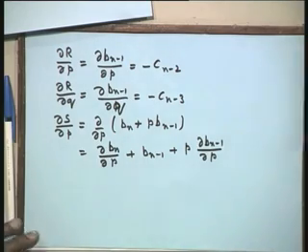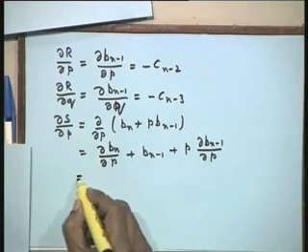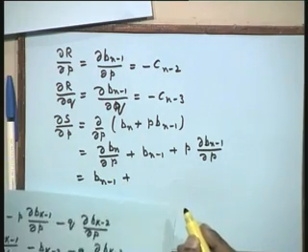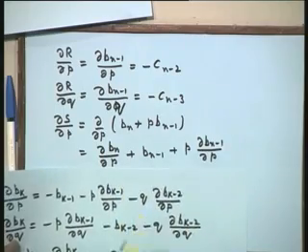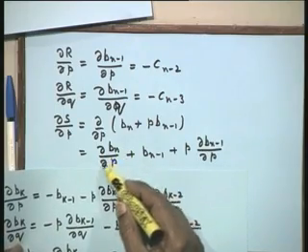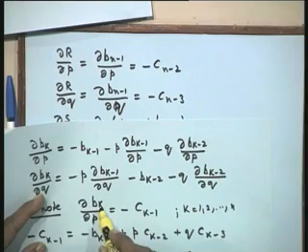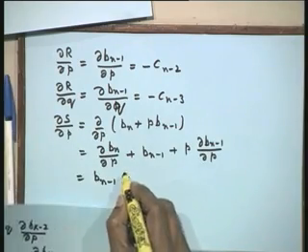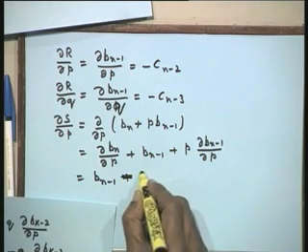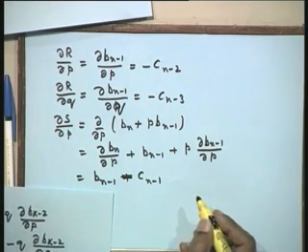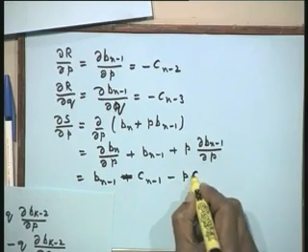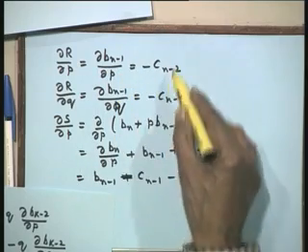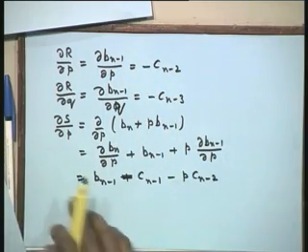Now let us again go to the definition of the derivative. Let us first of all write this B n minus 1 first, plus. Now I want the derivative delta by delta P of B n. If you look at this, I have to set k equal to n. So this is minus C n minus 1. I should put a minus sign here, minus C n minus 1, and this is minus P C n minus 2. We have got the derivative of B n minus 1 with respect to P as minus C n minus 2.